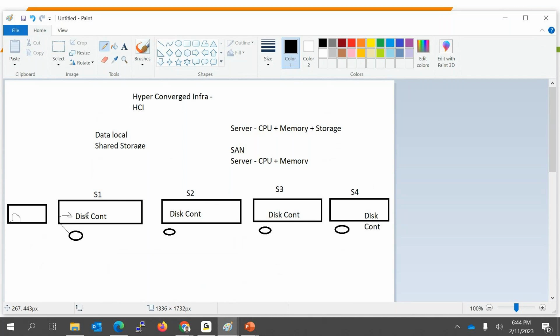To add a server, you don't need to make any design change. It is very simple. Just add your server to your existing cluster. Okay, there is an option in the GUI. Go and do the expand cluster operation. Within half an hour or 1 hour, your new server gets added into your existing cluster. So now you have a new disk controller, new additional storage, CPU, memory, all within a short moment of time. And it does not require complex use cases.